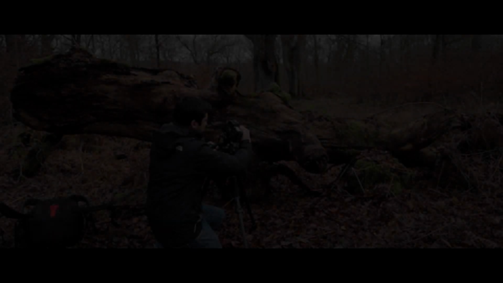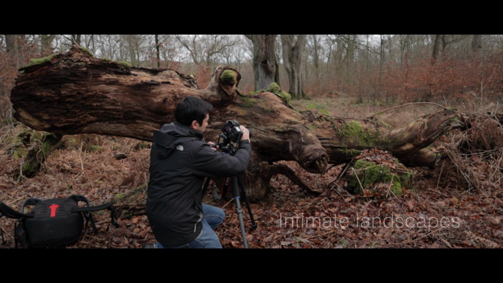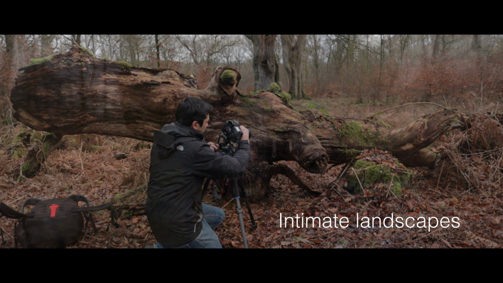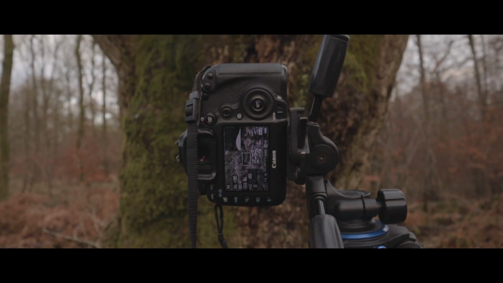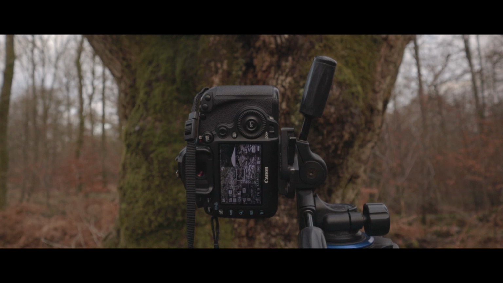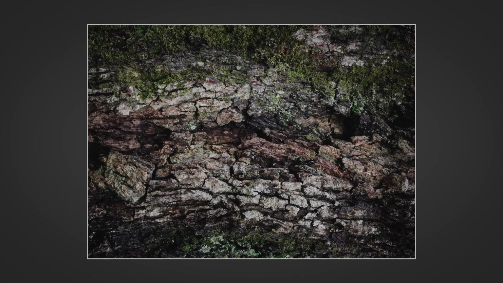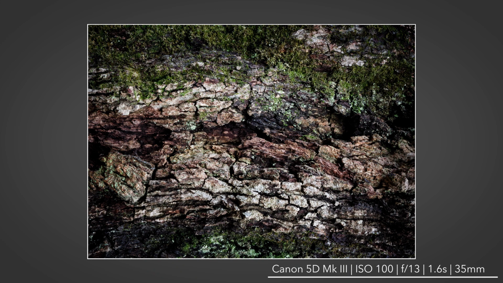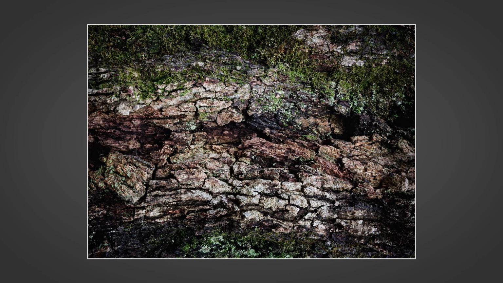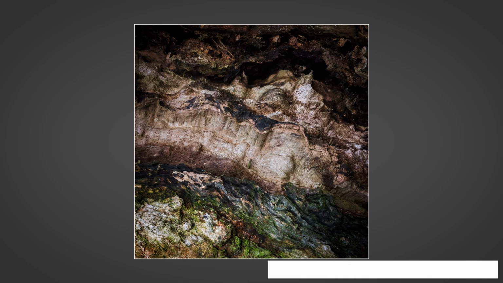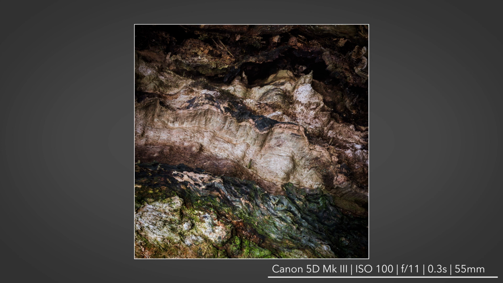One area of photography that I do like to experiment with in woodlands is intimate landscape and abstract photography. Sometimes, particularly if you're struggling to find a wider composition or if the conditions aren't quite right for traditional woodland photography, photographing more intimate scenes can work really well. I like to look out for colours and textures, for example in pieces of bark or in the leaves or on the woodland floor. Intimate landscape photography is a genre in its own right, and definitely one that I enjoy, although finding intimate compositions that work can be a real challenge.